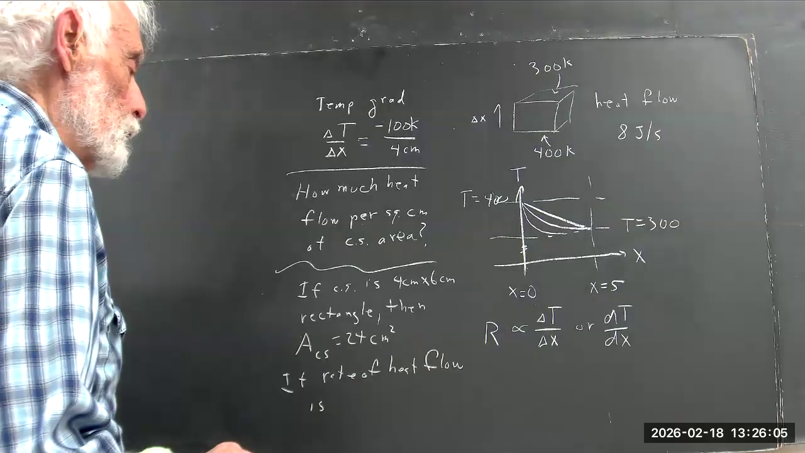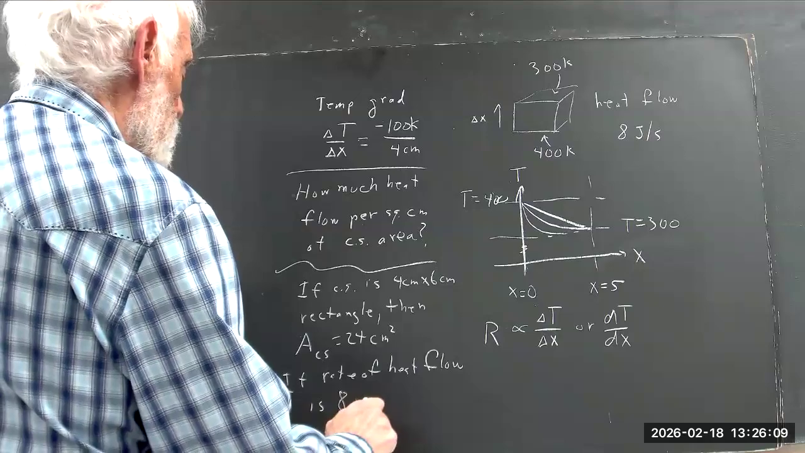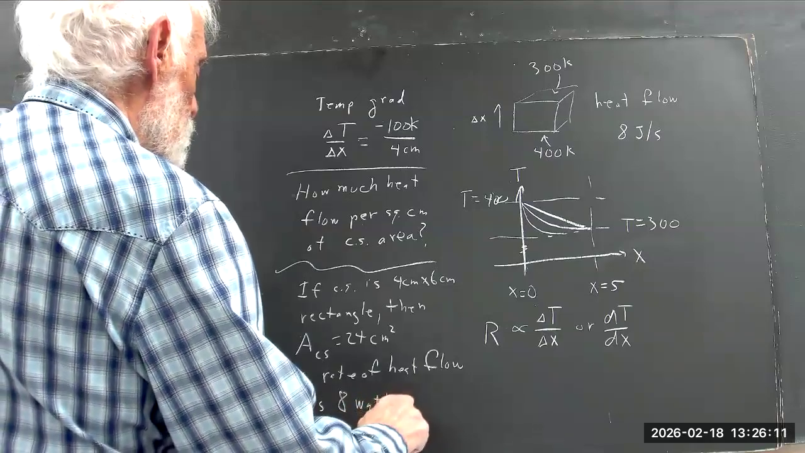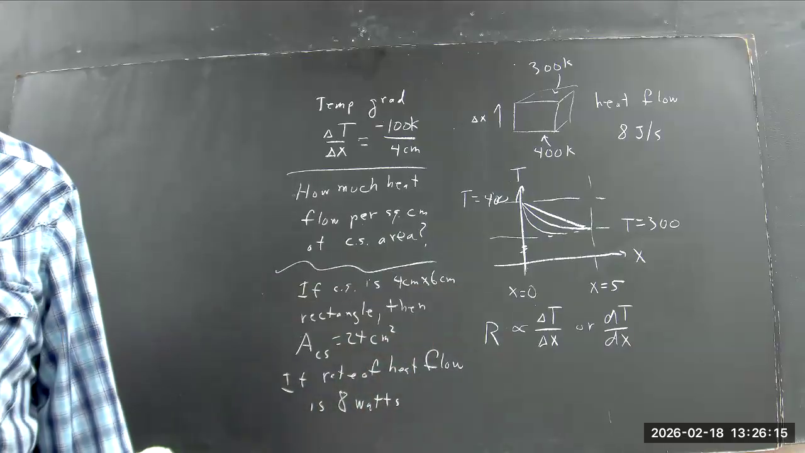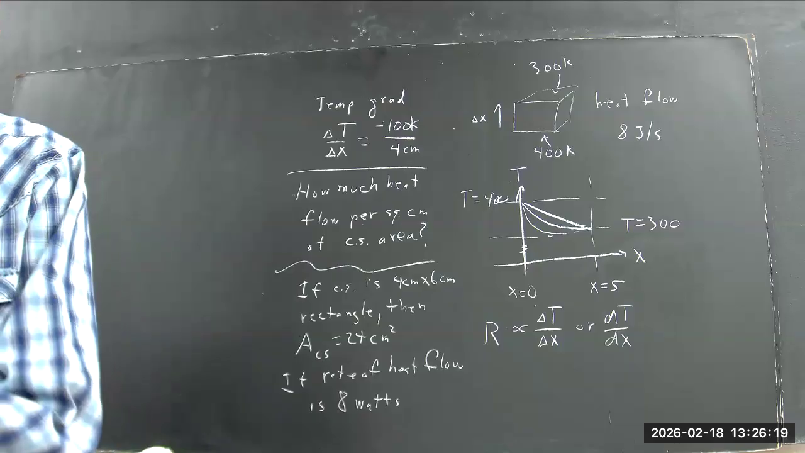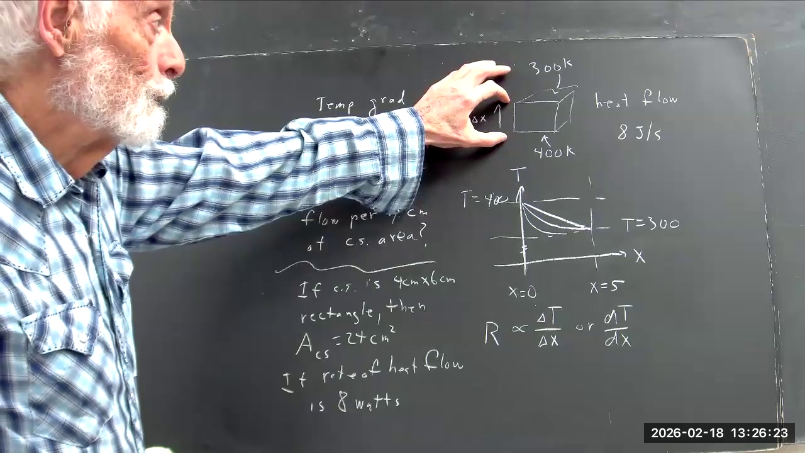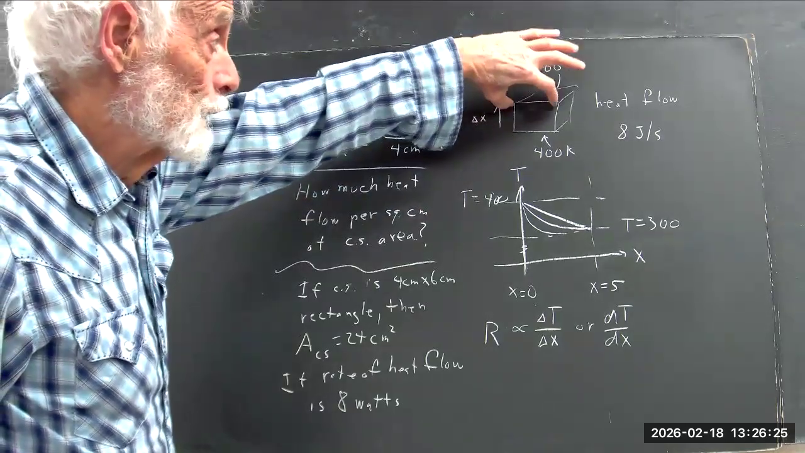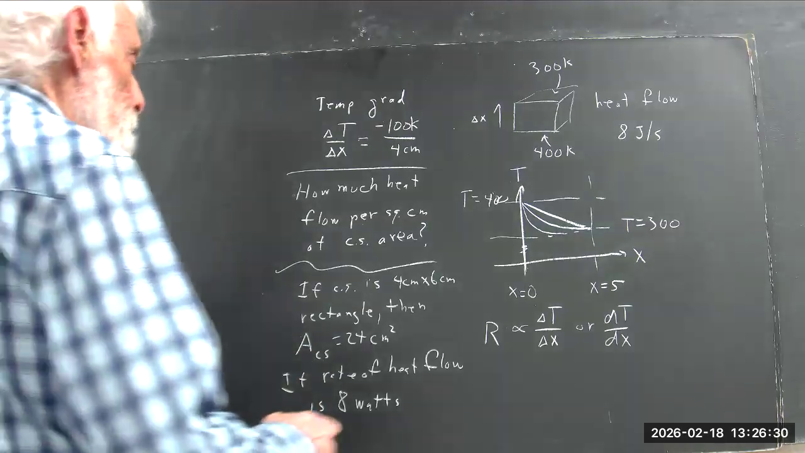If the rate of heat flow is... watts, which might be fairly reasonable. I think it might be a little bit lower than that for the block that we looked at. Okay, 4 centimeters this way, 4 centimeters this way, 6 centimeters this way. But if the rate of heat flow is 8 watts,